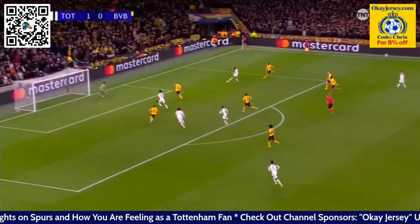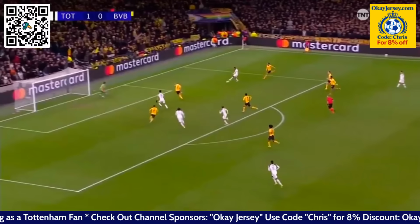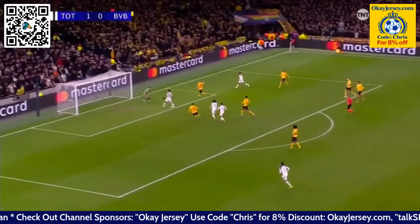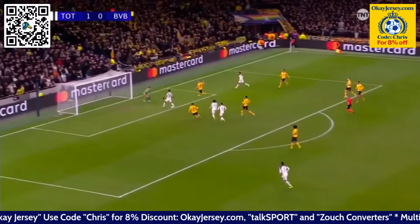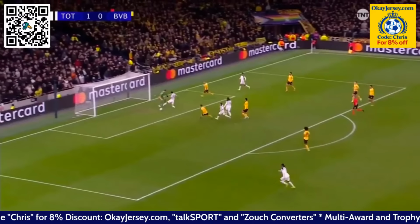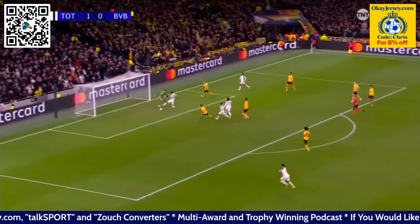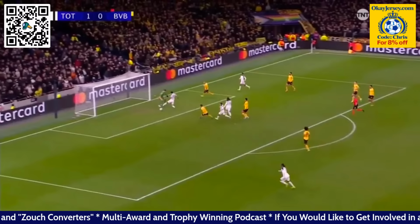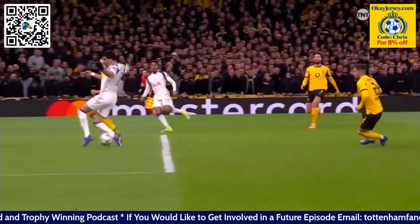Yeah, I scored many like this, not knowing what I was doing, probably, to be honest with you, and just luck. I mean, it was one of them, wasn't it? Look, it's a good build-up play by Tottenham again, good pressing. And when the ball came across, he actually got a little bit lucky, went through the defender's legs. Was it Schlotterbeck? It went through his legs. And I think Dominic Solanke was probably not expecting it. Whether it clipped his leg and went a little bit behind, but he was kind of ahead of the ball. So he tried to do...